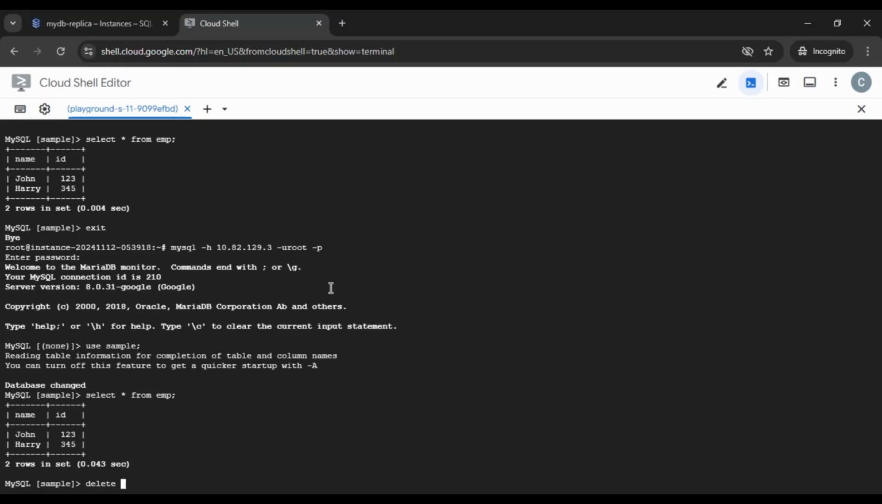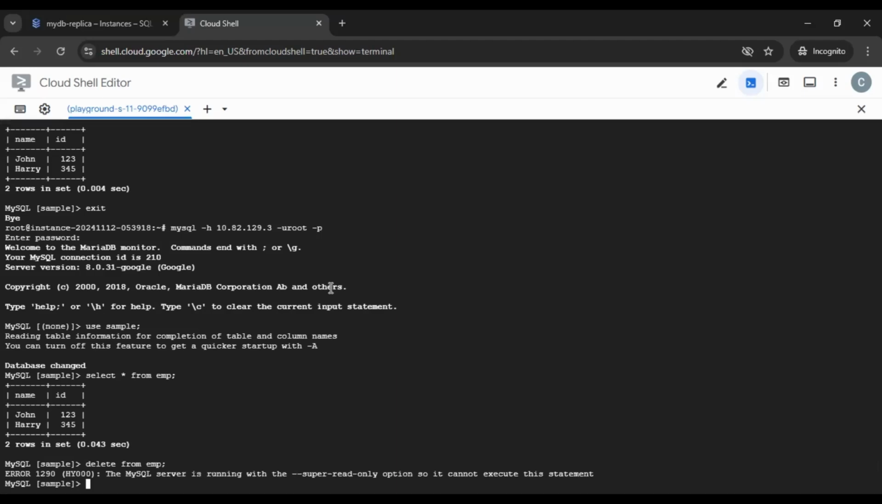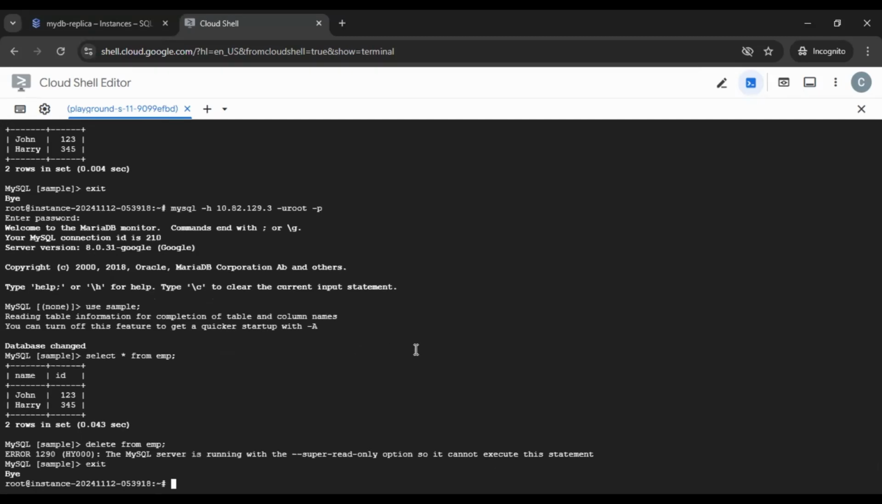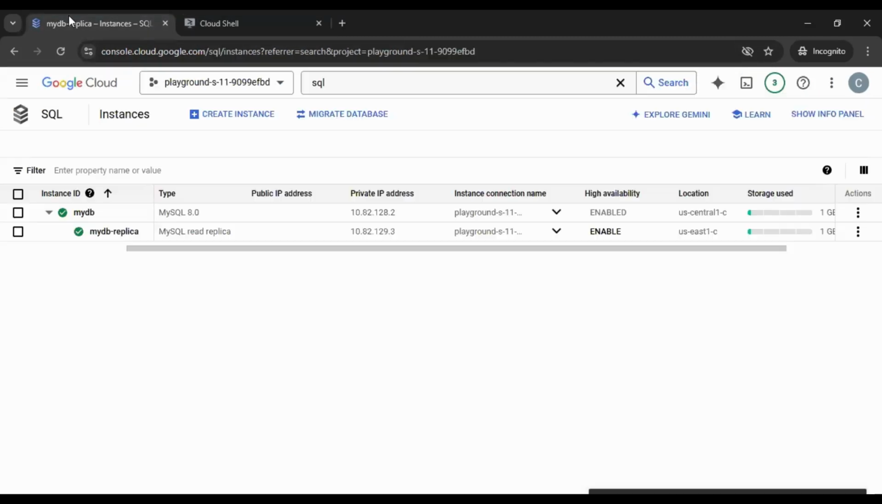All right, so if we try to delete the data, definitely we can't. Maybe we can say delete from employee, and we see that the server is running with super read only mode. So we can't delete the data from this read replica. All right, so now what we're going to do, we're going to exit from this client